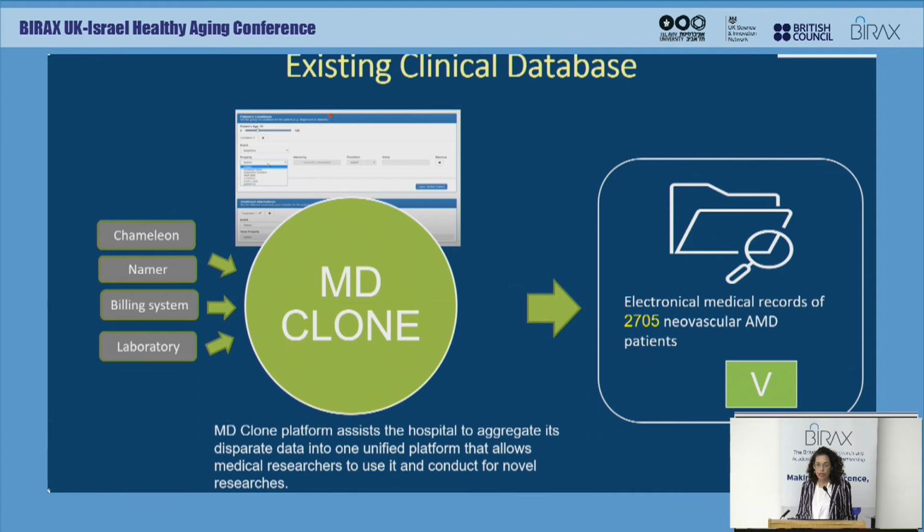On the other hand, all the clinical information of the patients in the hospital are saved in different systems. This can be demographic information, how much the patient can see, which treatment he receives, in which intervals, and so on and so on. And luckily, today we have a platform which is called MD Clone, which is used in lots of hospitals and health funds in Israel, which assists us in the hospital to aggregate the disparate data from the different systems into one unified platform, and hereby conduct research. So using this system at Tel Aviv Medical Center, we were able to extract information from more than 2,700 patients